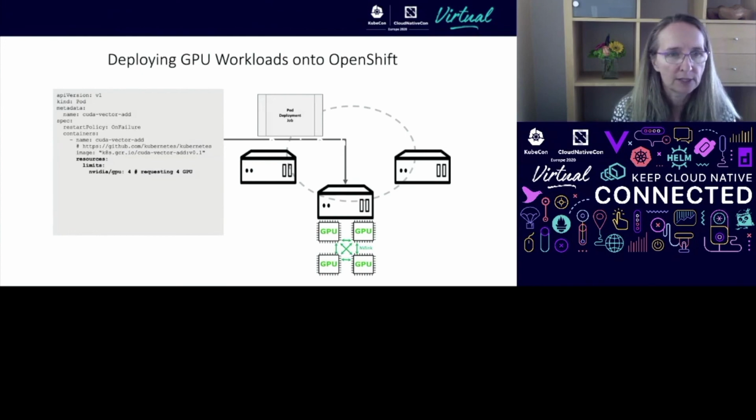So this is actually a different image that we're pulling. In this case, we were pulling a CUDA vector add, but in our case, we pull the image for the MLPerf benchmark. But what I'm showing here is that you have some YAML that Kubernetes interprets and schedules you onto the correct worker node based on the resources you're asking for. So here I'm asking for 4 GPUs, which is what we had in our cluster in AWS, and Kubernetes and OpenShift will schedule that pod onto a node that has the GPU.